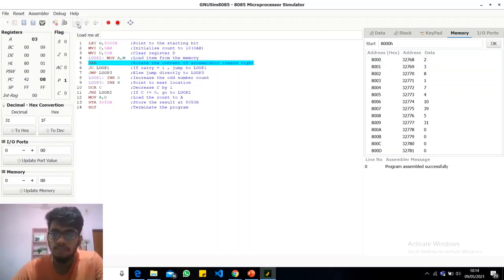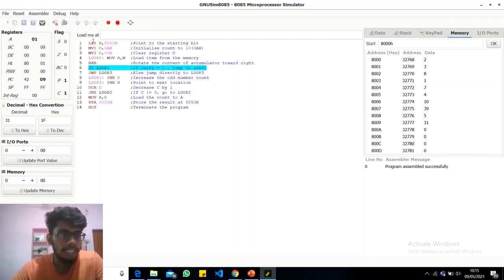On evaluation, we can see that 3 is stored in our accumulator. After running the RAR instruction, we can see that the carry is generated, as our second element is 3.